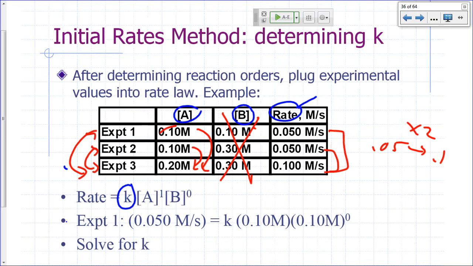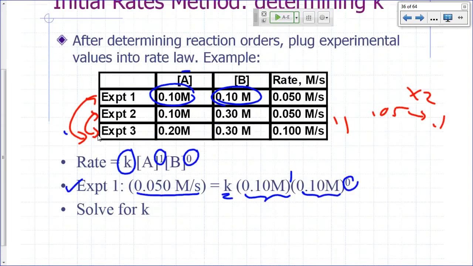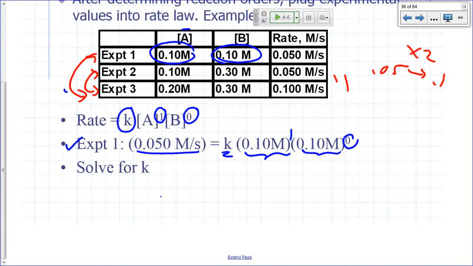So you plug in the initial rate for, let's say, experiment 1, you put in 0.05 moles per liter per second, that's your rate, is equal to K times the concentration of A for experiment 1, which is how much? 0.1, right? So raised to the power 1. And the concentration of B for experiment 1 is 0.1, and that's raised to the power 0. So you can solve for K. How do we solve for K here? We say K is equal to